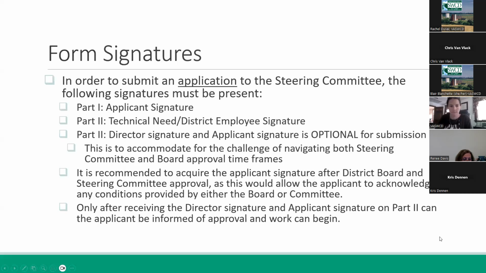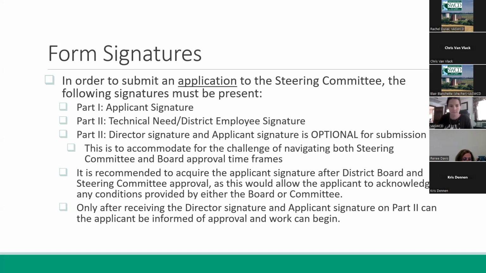Because of that transition, our form components are now part 1, part 2, and part 3. Part 1 is the applicant contract. Part 2 is the job sheet, essentially what we used to have, outlining the nature of that installation. It is signed by both the applicant and the board. And part 3 is the final contract piece.